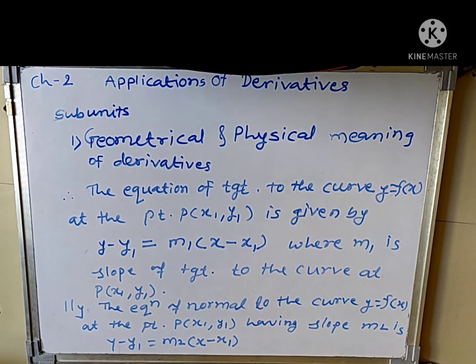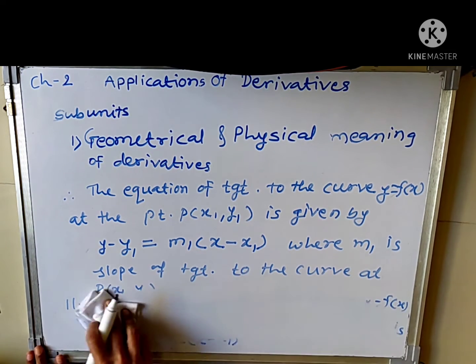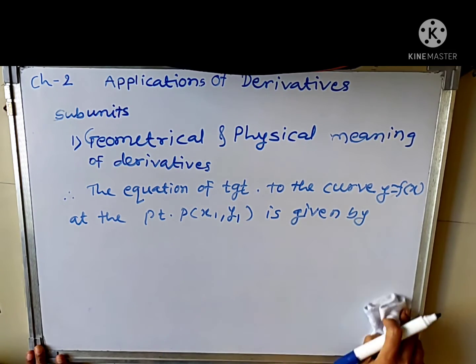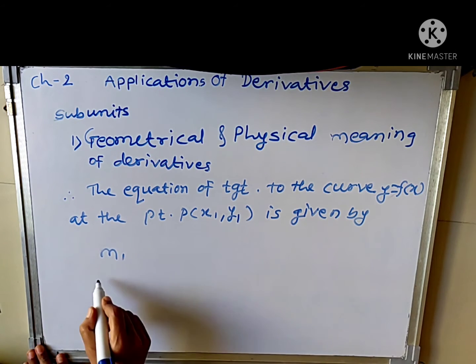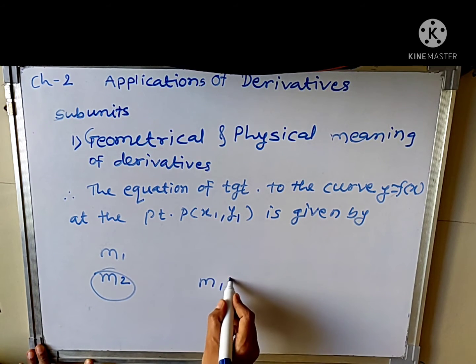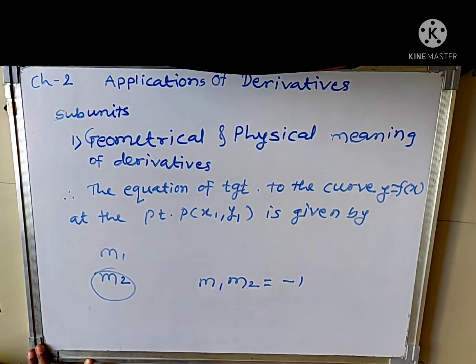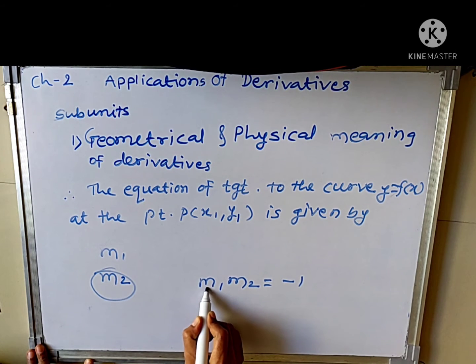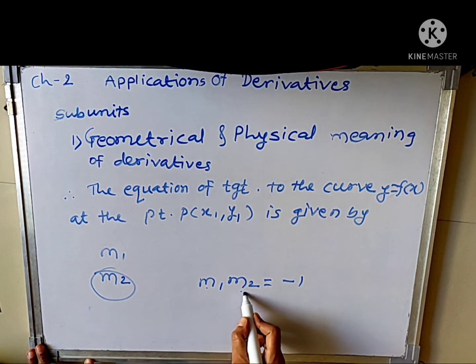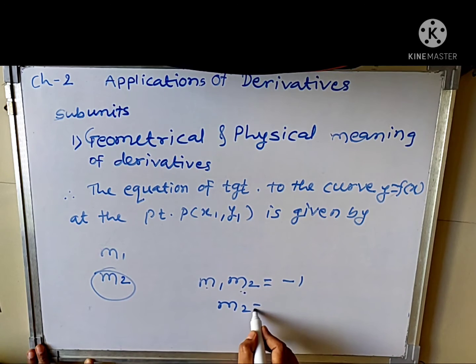Now students, how to find the slope of a normal? At the point P(x1, y1), the slope of a tangent is given as m1, then the slope of a normal is m2. Then how to find out the m2? We know that m1 into m2 is equal to minus 1. Here m1 is the slope of a tangent and m2 is the slope of a normal. But we have to find out the slope of a normal, means m2 is equal to,